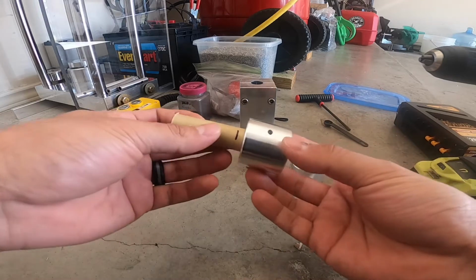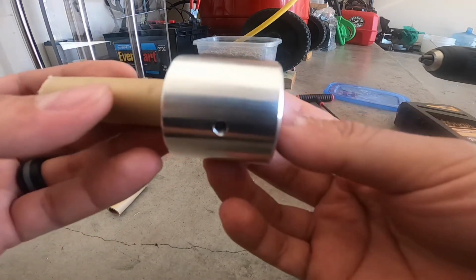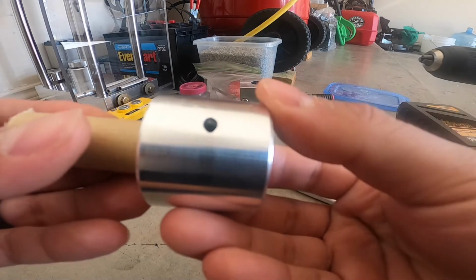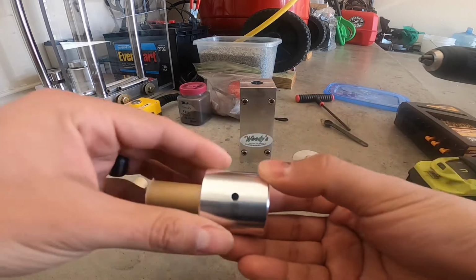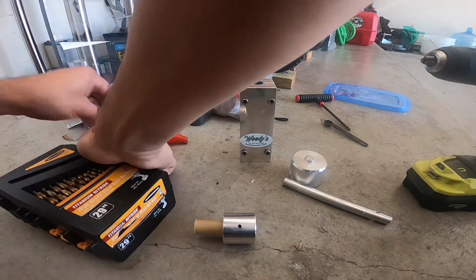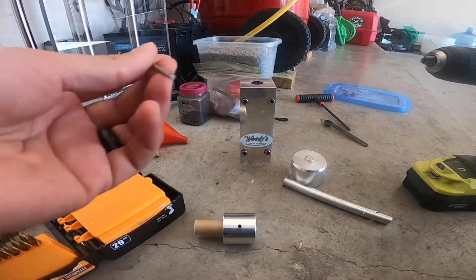The nice thing about this is that I make two lines, and if you look at the little hole in here, it's going to be hard to see, but I can see the little black lines pass in there, and that tells me exactly where I need to drill a 1/8 inch hole, and that pretty much is the vent hole that I use for my